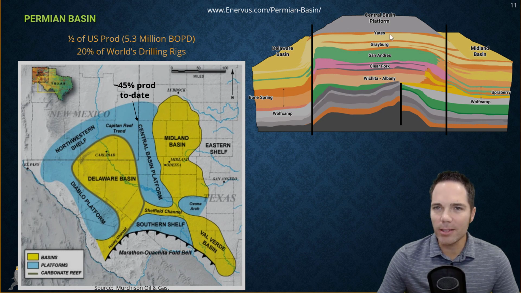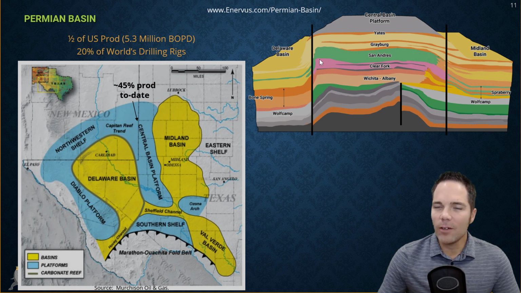So if you look at the Central Basin Platform, these are the most common formations that people are producing. You can see they're higher in elevation. It is a platform, so it is higher than the sedimentary basins over here on the west and the east. And the most common formation, or probably most of the production has come from, is the San Andres, but we have these other formations that are also quite productive depending on where you're at. And especially here on the edge of these platforms, a lot of the oil that was generated down here was able to migrate up dip, and it was trapped here in the Central Basin Platform